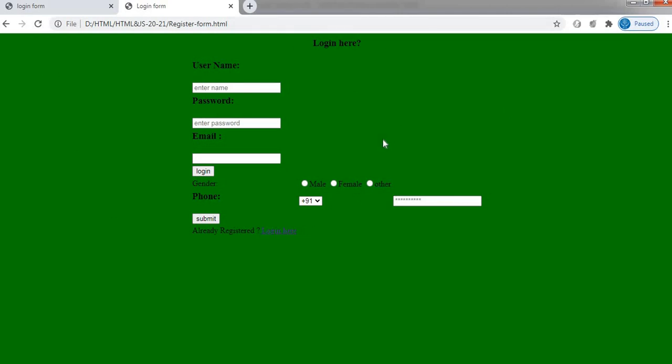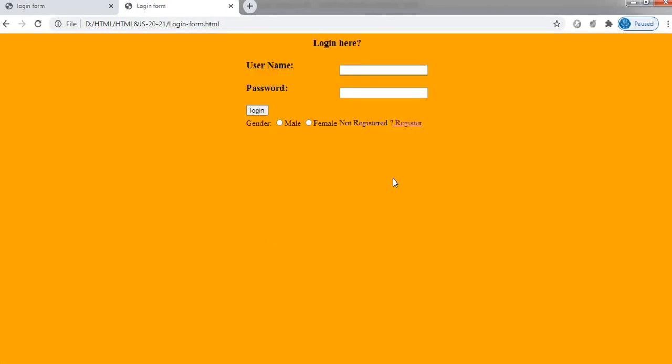So that is a form, registration form. And in this we have added more buttons, that is phone numbers and some code, city code, and the phone type which has a limit, 10 digit limit. So when I click again, it goes to the initial form. So this is a form where we have actually made an attachment from one file to another file.